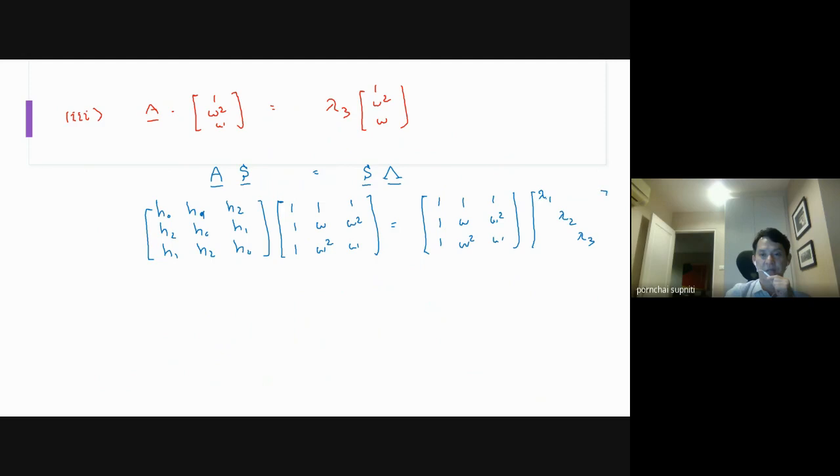Okay. So this is the diagonal matrix. All the non-diagonal elements are zeros. It's very interesting that if we have A and B, which are circulant matrices,